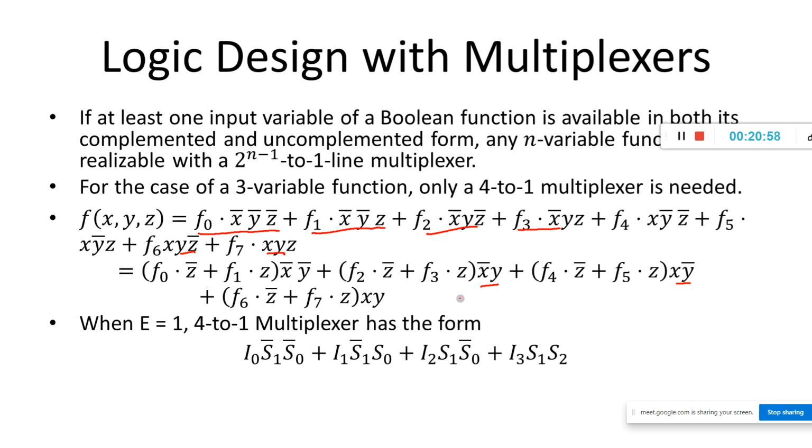Okay, what do we call this? This is factorizing. Now here we can see, students, this is replaced on the I0 data line. This will be I1, this will be I2 and this will be I3. So now we got the same form, no? This is x bar y bar into I0. Next x bar y I1. Next x y bar I2. Next x y I3. So a 3 variable function can be implemented using 4:1 mux by taking the common terms out.